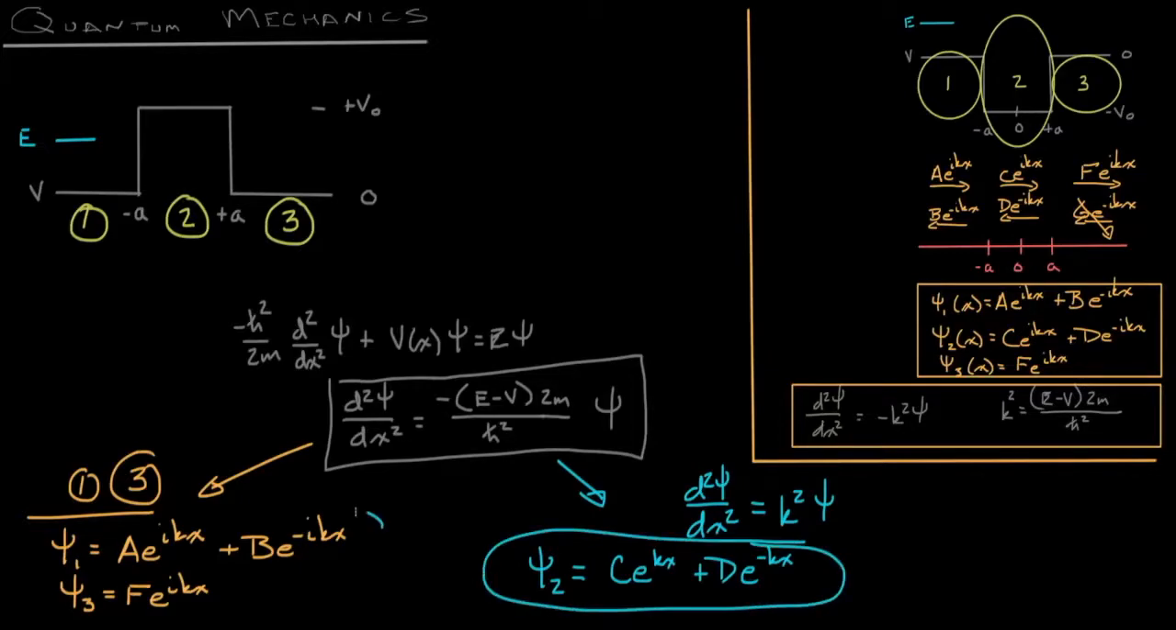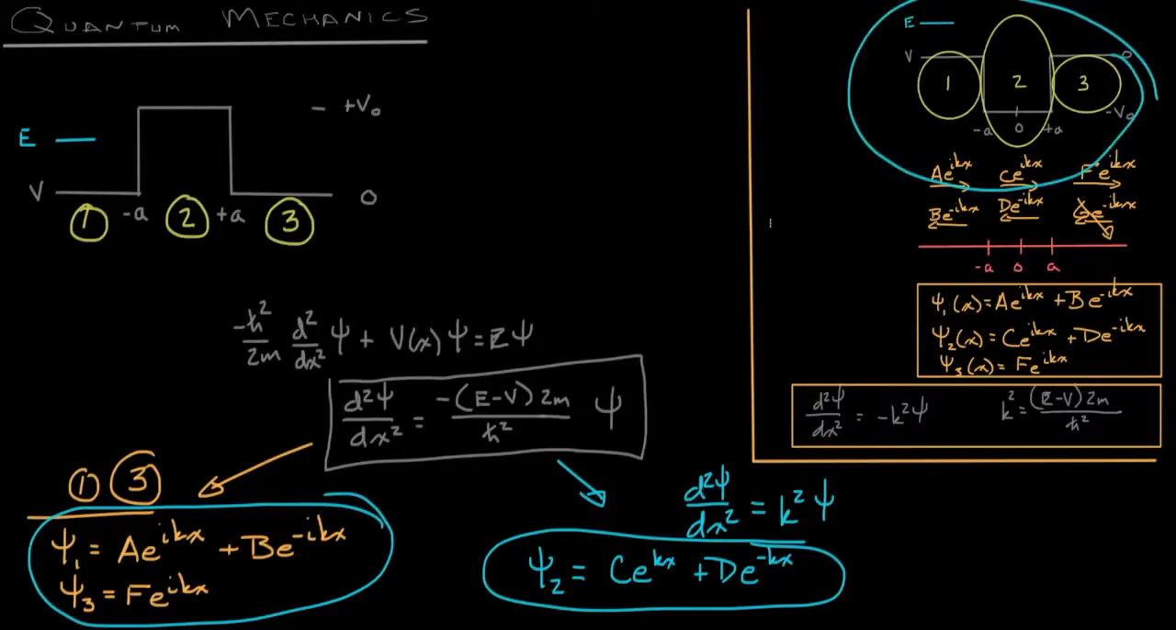Once again, we have 3 equations with 5 unknowns. We can match our boundary conditions at A and at negative A, and we can set up ratios for transmittance and reflectance amounts. So in summary, just like we did with the finite square well, we're going to set up